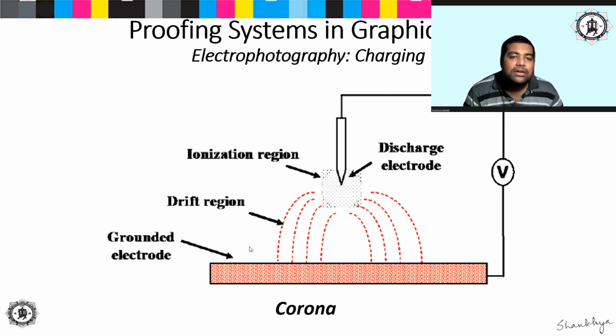Once there is corona discharge, the ions in the vicinity of the photoconductive drum get charged up, and they give an overall negative charge onto the photoconductive drum. As soon as the laser light is shone on the photoconductive drum based on the image areas, laser light is only shone in the image areas of the drum. So those areas attain a relatively positive charge, so there is a potential difference. Therefore, they attain a relatively positive charge with respect to the remaining negative charge that exists in the non-image areas of the photoconductive drum. So this is how the charging mechanism in the electrophotographic process works.